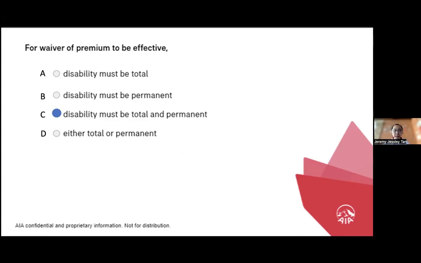And ano ibig sabihin ng total and permanent? Type nyo nga dyan, uninterrupted disability for ilang months to be considered total and permanent. Naalala nyo pa. Yan, sabi ni Des. 6. Yan, sabi ni 6. Yan, thank you guys. Masaya ako na tama yung sagot nyo kasi ibig sabihin, naintindihan nyo. Okay, so thank you for your participation.